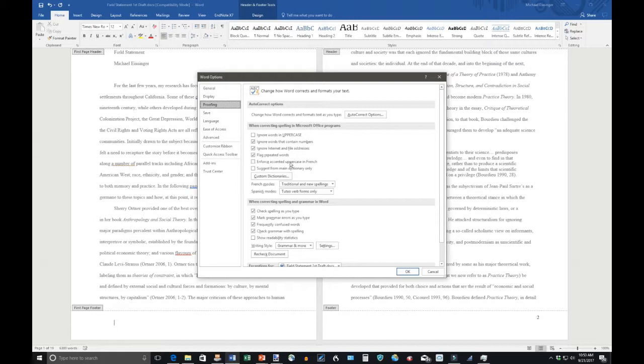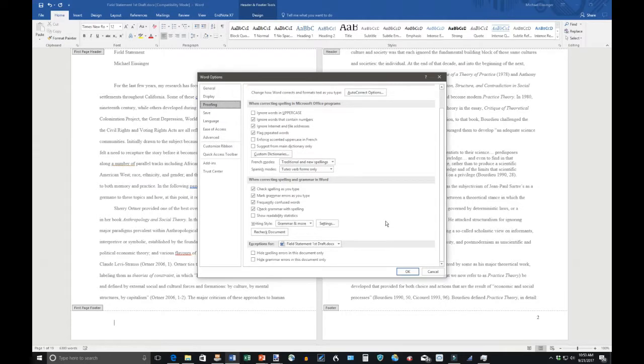If you're not writing in French, don't care about that. Most of you don't have separate custom dictionaries, so just leave that blank and it'll sort that out. French modes, again, you're not using it. If you also use Spanish as well as English in your word processor, you might want to set some of the settings here. These are not the crucial ones. These up here I do care about. And then as we scroll down a little bit, we see when correcting spelling and grammar in Word,